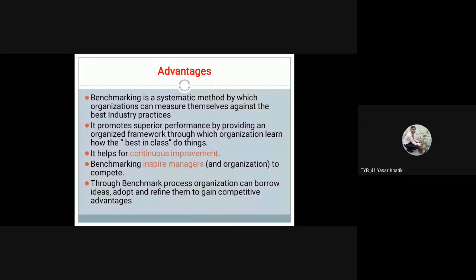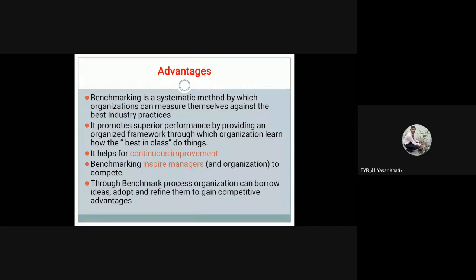त्याच्यातनं आपण एक काय शिकतोय गोष्ट की हे चांगल्यापेक्षा चांगलं पुढं करता येतं, ही गोष्ट आपण त्याच्यातून शिकतो. It helps for continuous improvement. ह्याच्यामधून फक्त आपल्याला काय मिळते, कंटिन्युअस इम्प्रुव्हमेंट मिळत जाते. जसं जसं तुम्ही बेंचमार्किंग कराल तसं तुम्हाला त्याचा फायदाच होतो. Benchmarking inspires managers and organizations to compete. म्हणजे मार्केटमध्ये तुम्हाला कम्पीट करण्यासाठी बेंचमार्किंग इन्स्पायर करते. म्हणजे आपण कुठं मागे नाही, आपण पुढेच आहे सगळ्याच्या, असं ते इन्स्पायर करून आपण आपला प्रोडक्ट मार्केटमध्ये सगळ्यांपेक्षा कसा चांगला